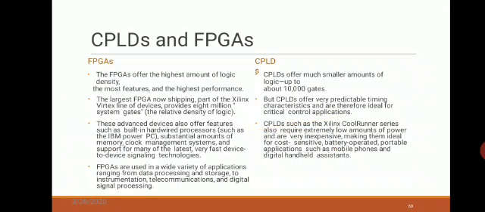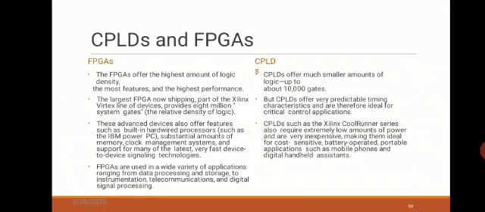In the case of CPLDs, such as the Xilinx CoolRunner series, they require extremely low amounts of power and are very inexpensive, making them ideal for low-cost applications which are cost sensitive, battery operated, portable applications such as mobile phones and digital handheld assistants.